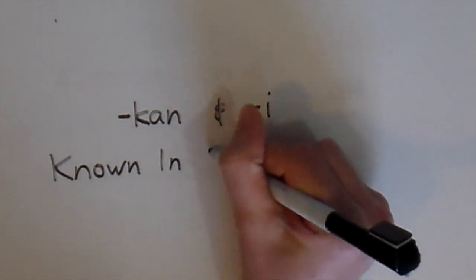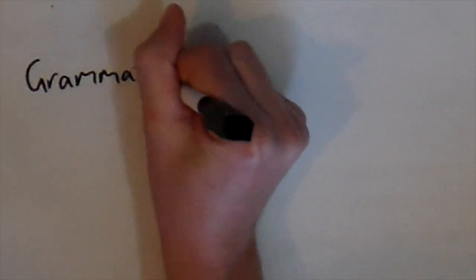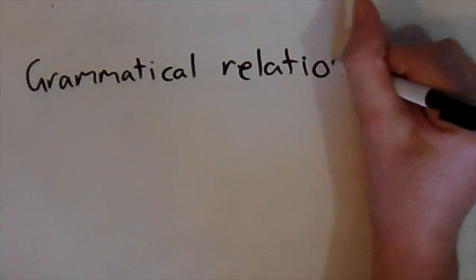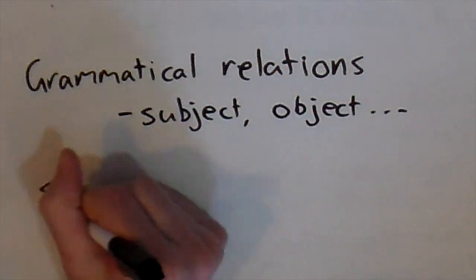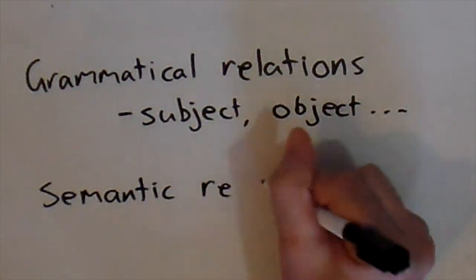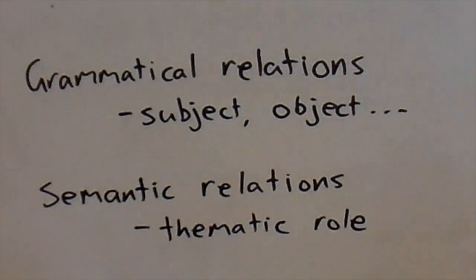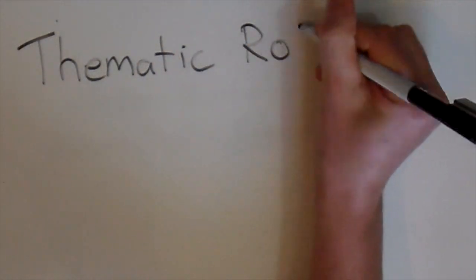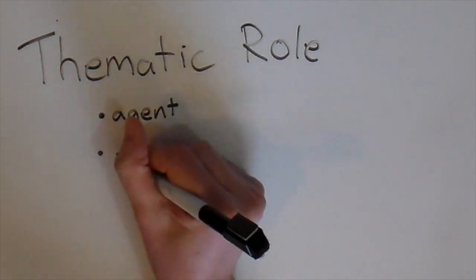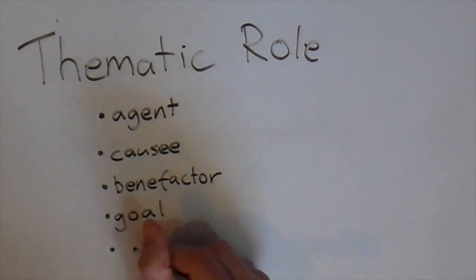In this episode, I'll be talking about the suffixes kan and I. Before we get started, let's look at something known in linguistics as thematic role. While words like subject and object are useful when talking about grammatical relations, thematic roles are useful when describing semantic relations. There are many thematic roles, but in this episode, I'm just going to be discussing agent, causee, benefactor, goal,